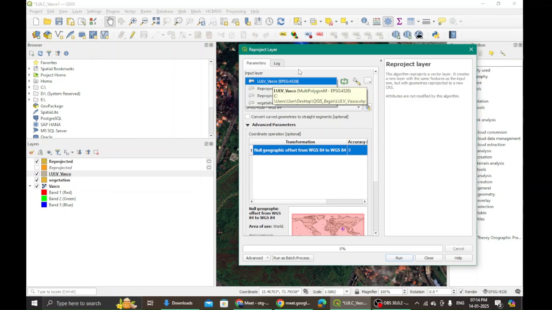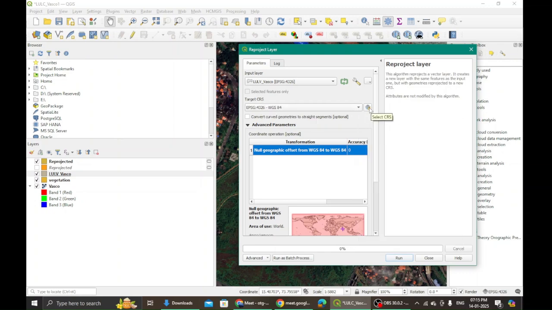If you're not getting the UTM option, see, Target CRS. Yes, I am getting that. Anthony, are you getting this Target CRS? Whatever we have named, input layer, target layer, what we have to select is not target layer, it is Target CRS. Here we have CRS, so select CRS.